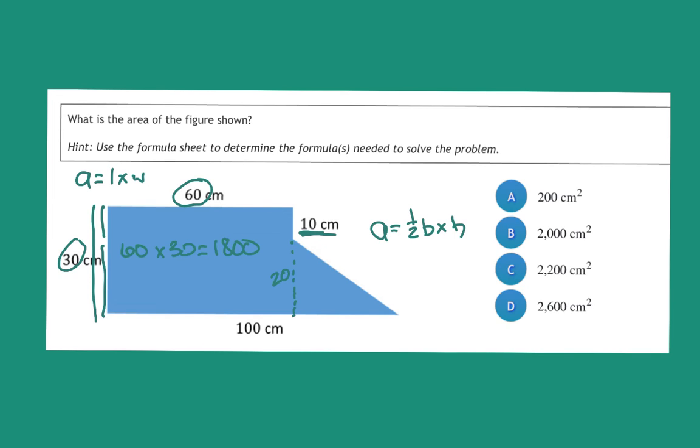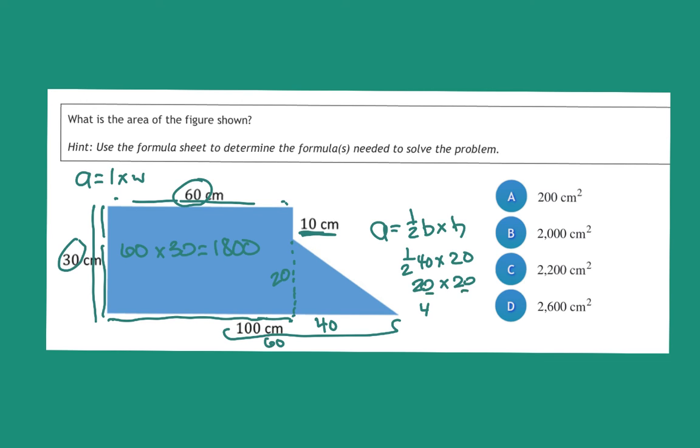And then from here to here is 60, so from here to here is 60, and altogether we have 100, so this must be 40. So we're going to say 1/2 of 40 times 20, and 1/2 of 40 is 20, and 20 times 20, 2 times 2 is 4, and then we're going to take each of these zeros,